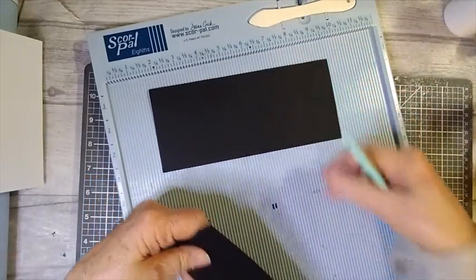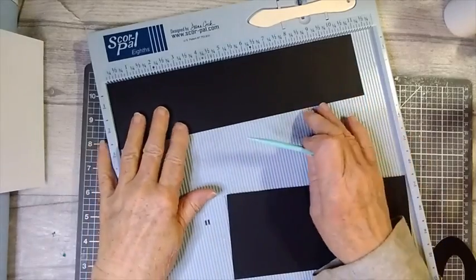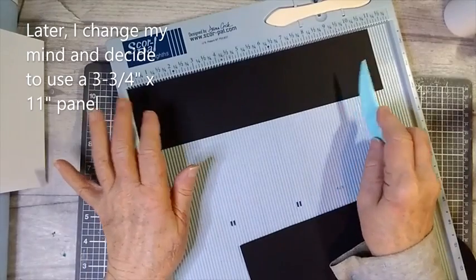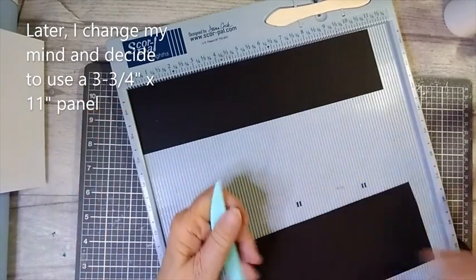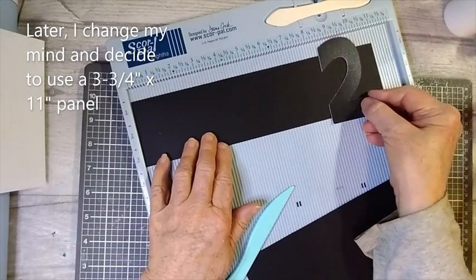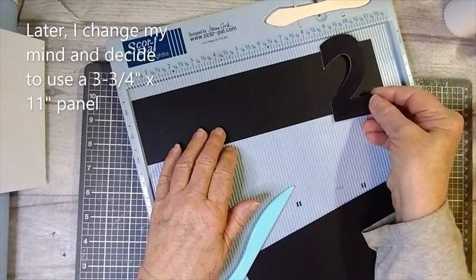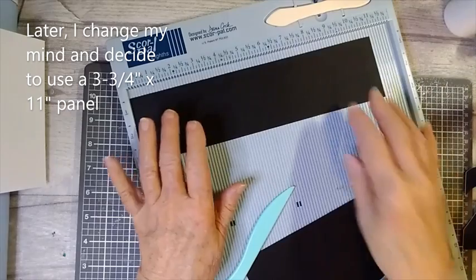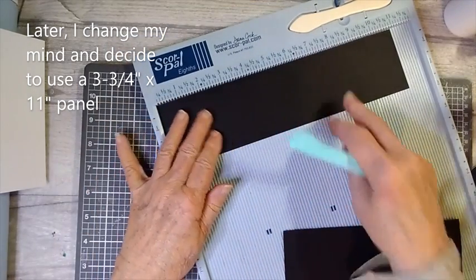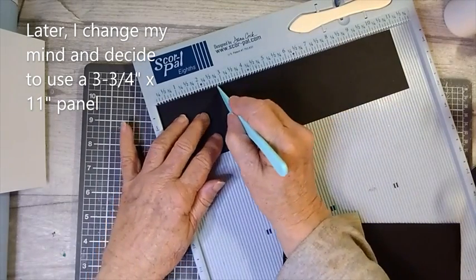This is for the mechanism, and this is for the panel. Now this panel that I have here is 11 inches by 2 3/4. Normally I would probably make that 3 3/4, but since the numbers that I'm going to be using are actually going to be the 3 3/4, I want them to stand proud of this panel. So I've decided to make this a little narrower. So it still needs to be 11 inches, and we're going to score at 2 3/4